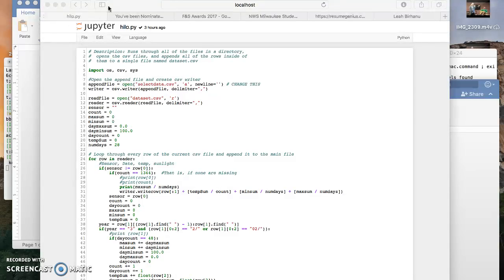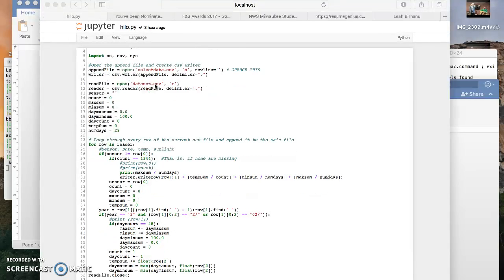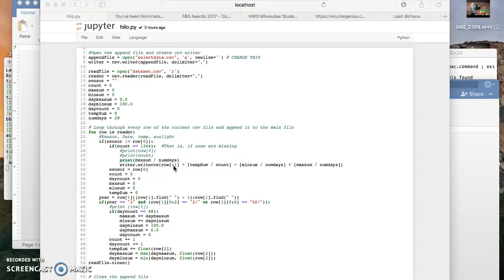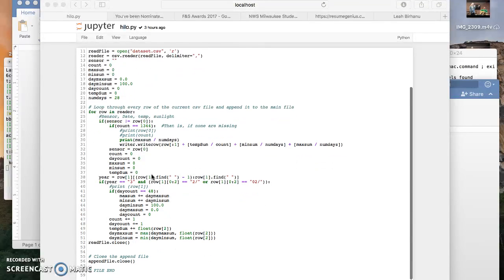So you can see here in Jupyter Notebooks, we opened the file, and we made sure that there were 1,344 lines in there, and that we had 1,344 values. That way we made sure none were missing, and that we could calculate the minimum and the maximum. Now we want to find the minimum and maximum because those would be easy to take out, and so we can make our data set a little bit smaller and still do some